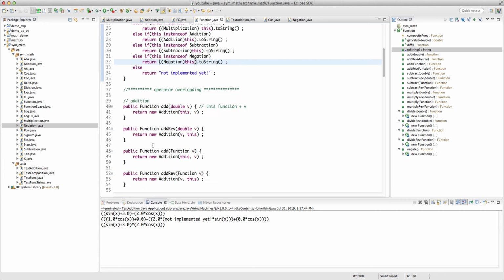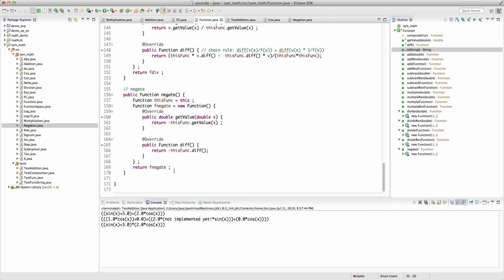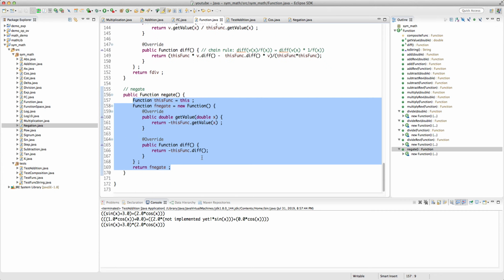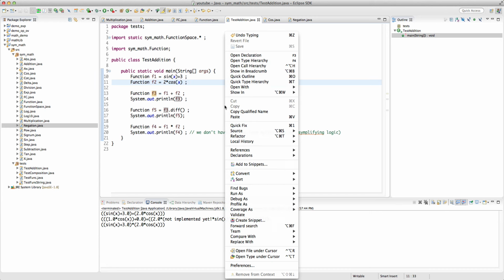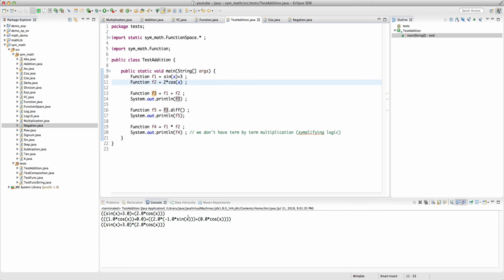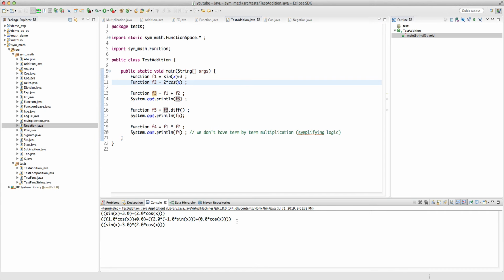Okay, and then in the operator overloading for the negation, I am going to do the return new negation this. Alright, now it works. Okay, but again at this point the string representation is not very clean because there is